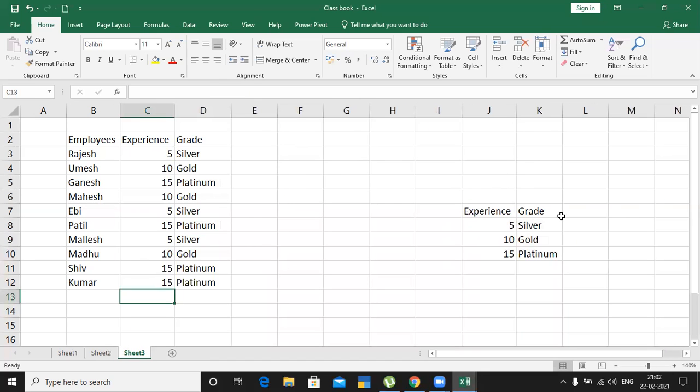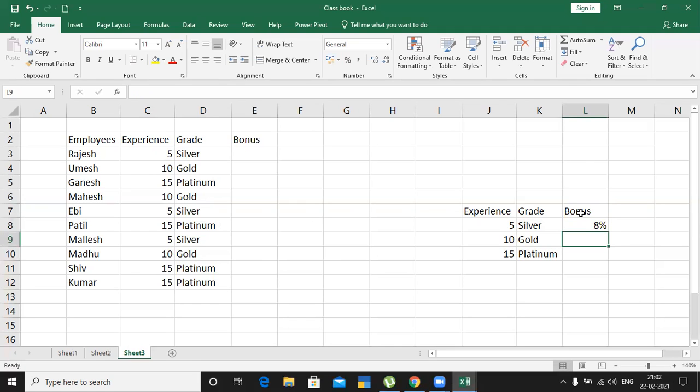Next, I have to allocate the bonus percentage based on grade. For bonus, I'll take silver 5% or 8%. I'll take 8% of the basic salary.